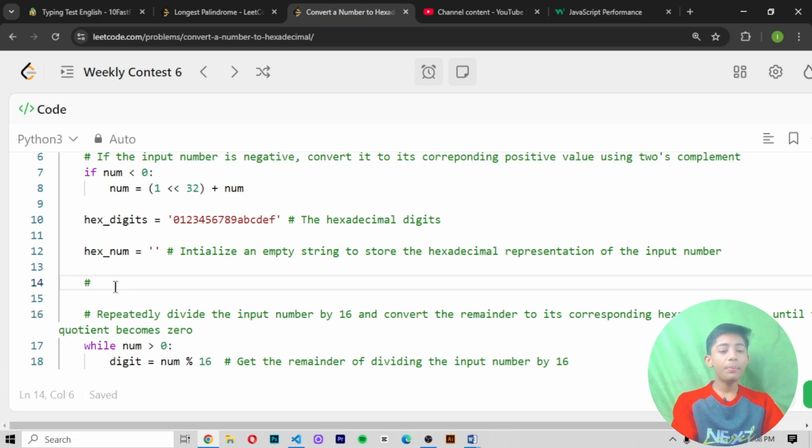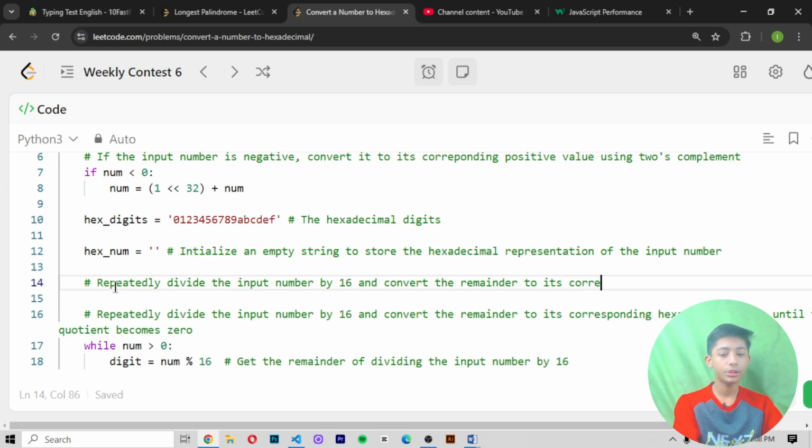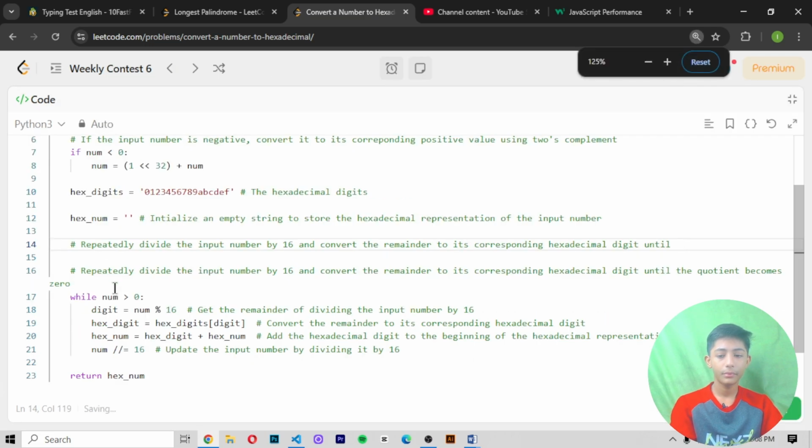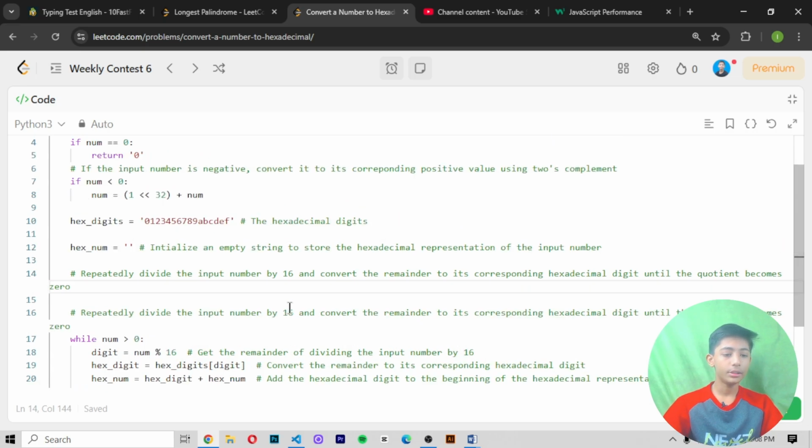Write here one more comment: repeatedly divide the input number by 16 and convert the remainder to its corresponding hexadecimal digit until the quotient becomes 0. So in this line we are doing this.